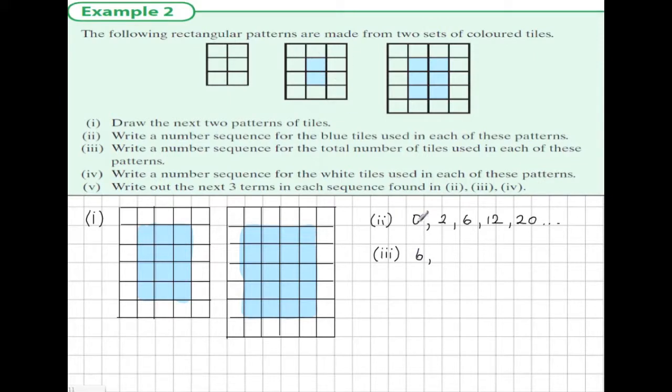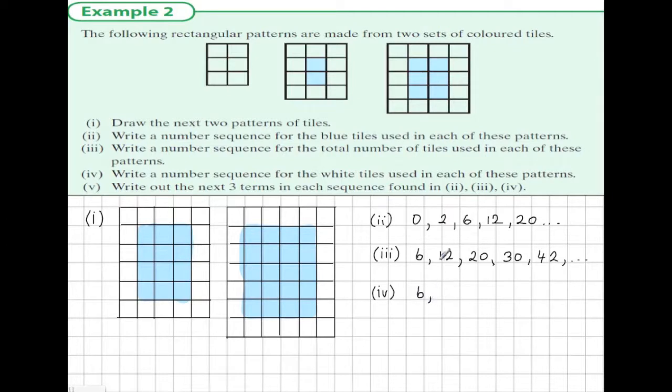Next time it's 3 times 4, which is 12. The next pattern is 4 times 5, 20. Then we have 5 times 6, 30. And lastly, 6 times 7, which is 42. Now we're to write down the number of white tiles used. Now we could go counting around the outside, but we also might figure out that the white tiles are the